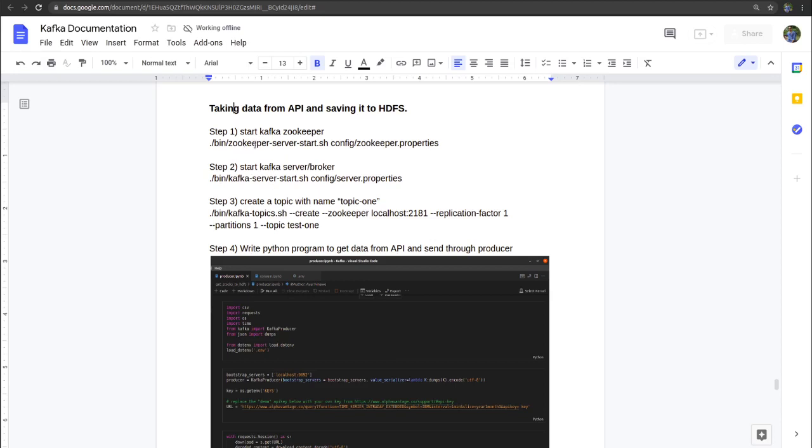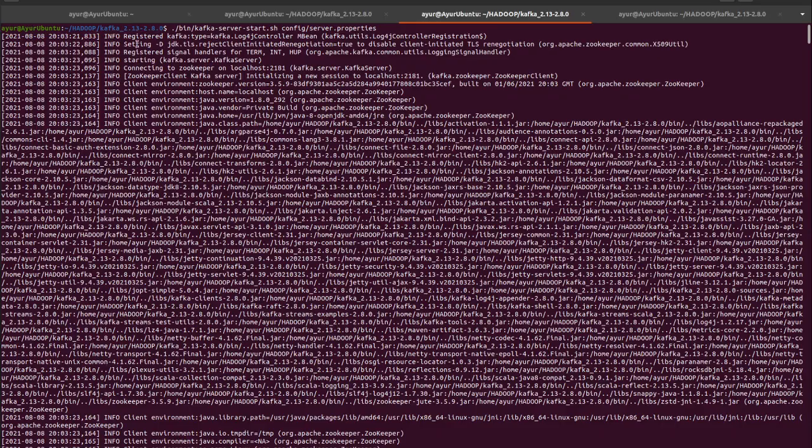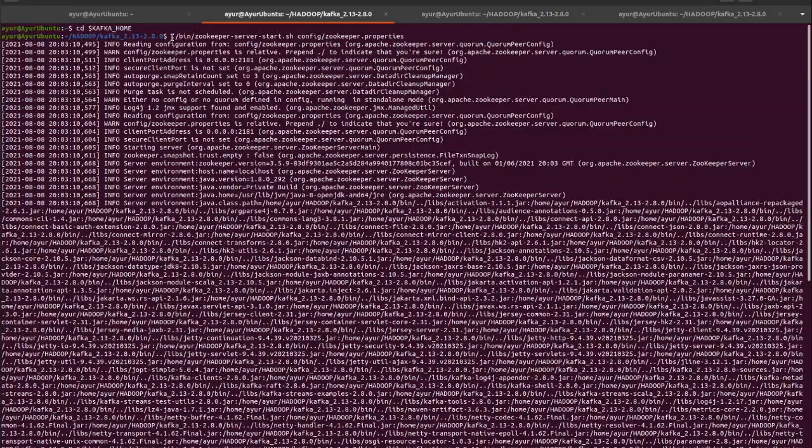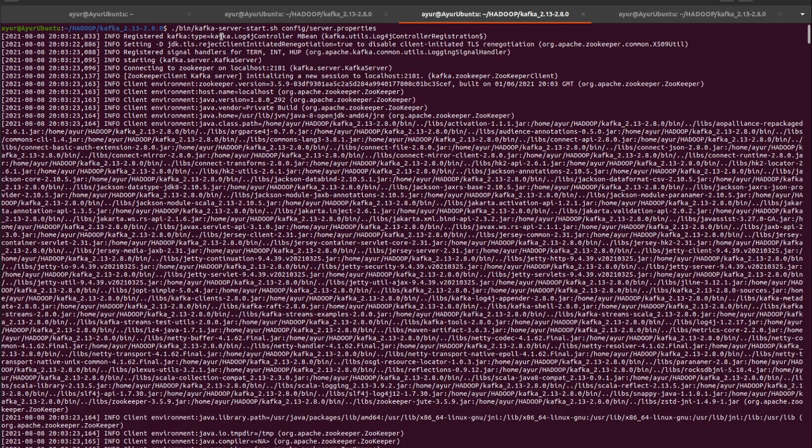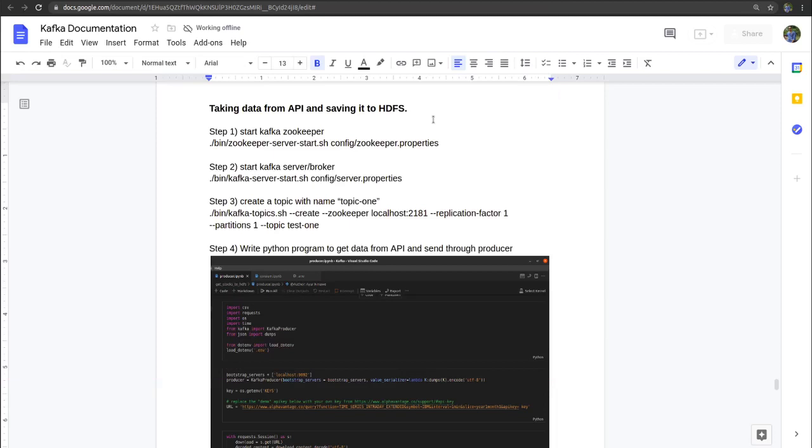So here our step 1 will be to start our Kafka Zookeeper. And as you can see, we have started our Kafka Zookeeper by using this command. Then our step 2 is to start the server, or the broker, which we are going to use here, and the first broker is on localhost 9092. And our step 3 is to create a topic named stock life. By using this command we can make a topic, and we are setting 1 as the replication factor, and we are also setting partitions as 1.